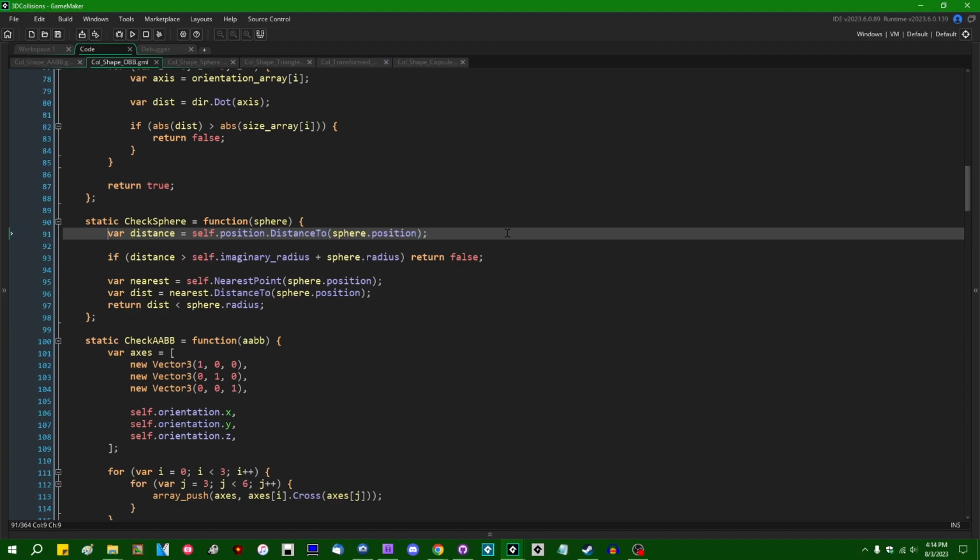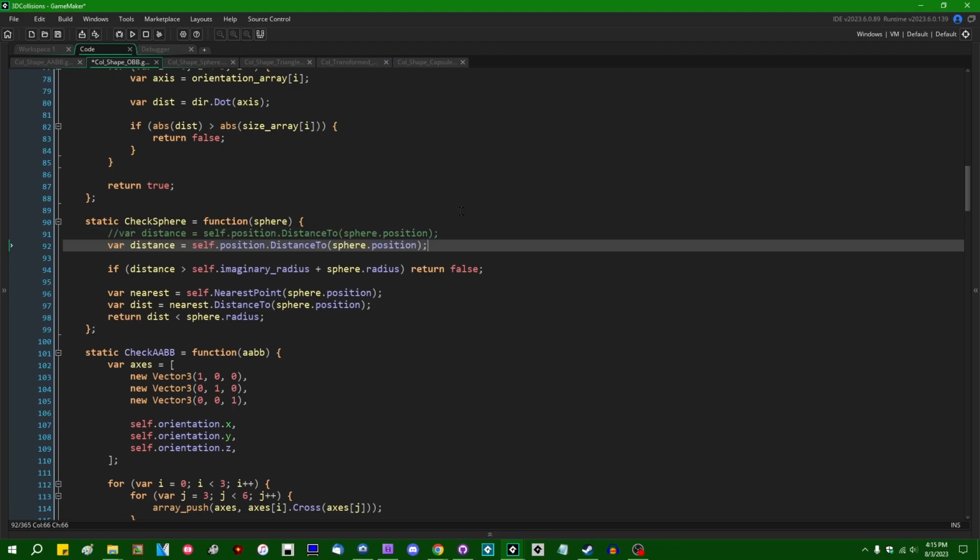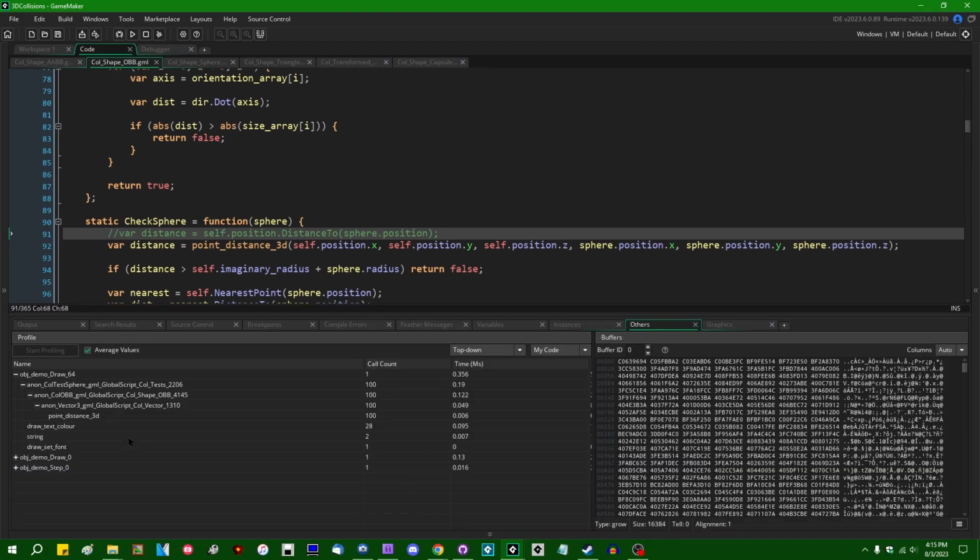And if you were to, instead of saying distance equals self.position.distance2, say distance is going to equal just the actual point distance 3D, if you were to do this manually, you would also measure some amount of time. So the vector distance method was taking about 50 microseconds in this operation here. And you can see that the point distance function itself was taking much less than that. About 40 of those milliseconds is just the difference in time that it takes to do the actual method